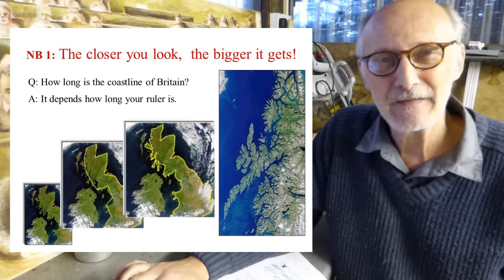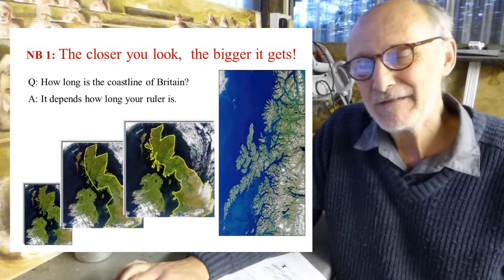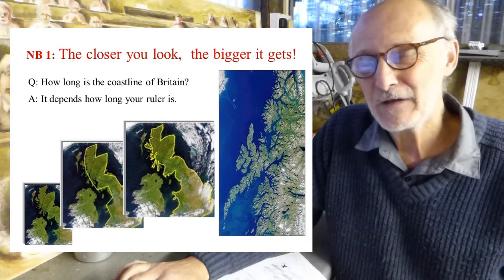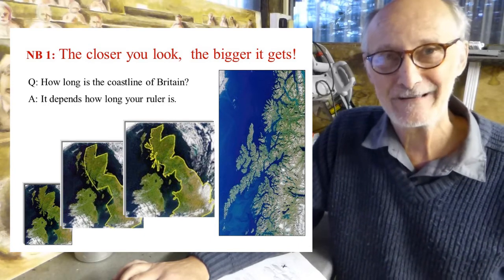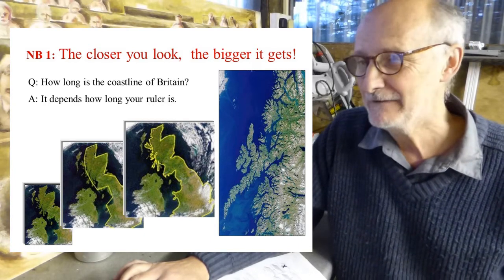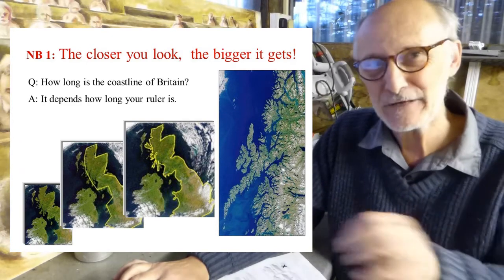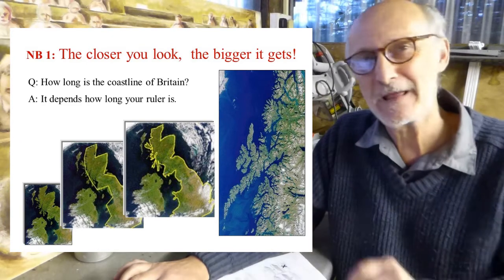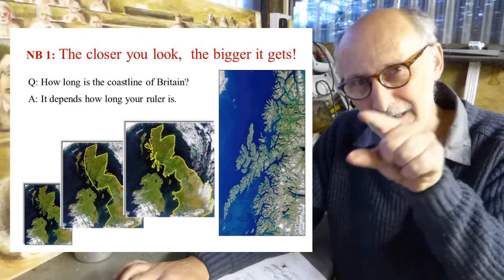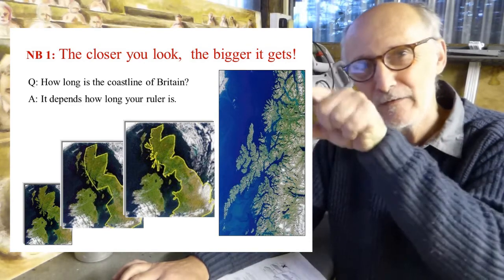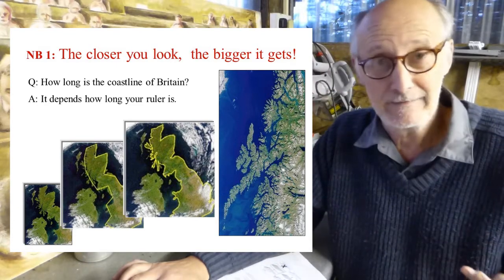Okay, well I hope you had a nice cup of tea. Let's think first of all about the length of the coastline of Britain. The answer to that one, of course, is that the length of the coastline of Britain depends on how close you look or how precisely you measure it. If you run around the page of an atlas with a 6-inch ruler and measure the length of the coastline, it'll come out to a certain length. But if you look closer and measure in between all the nooks and crannies, the length will get longer.